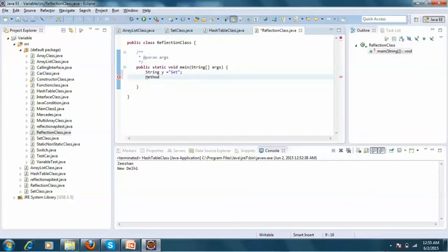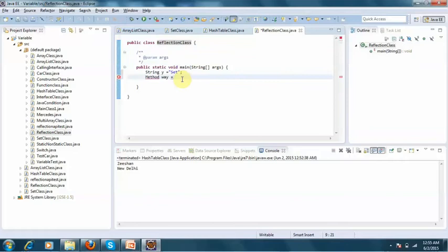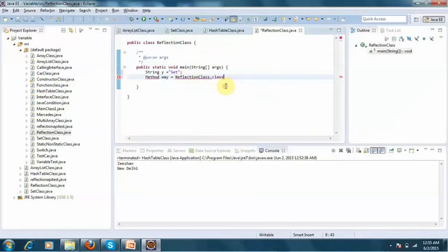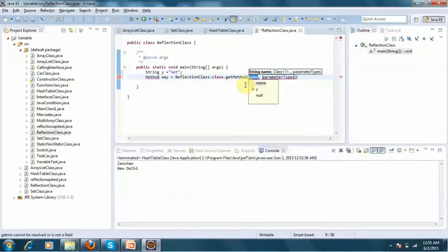Create an object for that Method, and the object name is m equals to, write this class name over here, dot class dot getMethod, and in name we pass this string variable y,